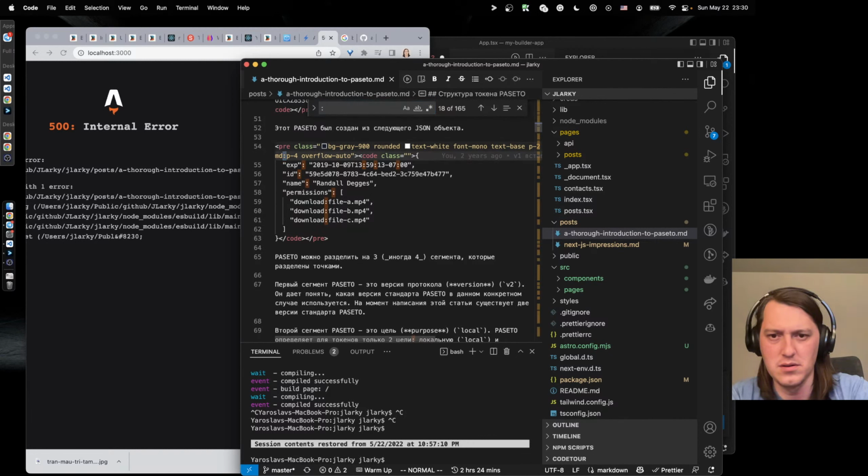Yeah, I don't see how I can set height or something. But now, yes, that's the box and that's the image.